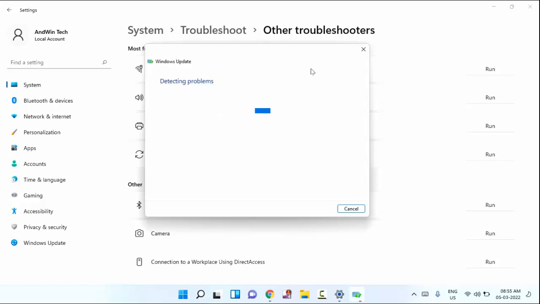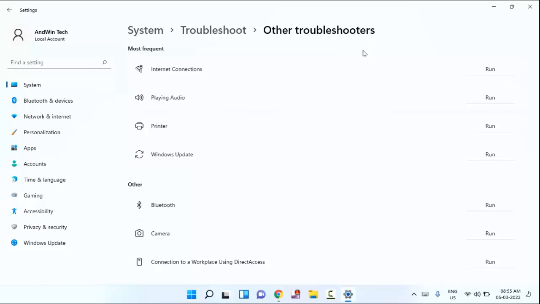Guys, after completion of this process, once you have to restart your laptop or PC. After restarting, hope your problem will be fixed. That's it guys. So in this way you can fix Windows update error, and the error code is